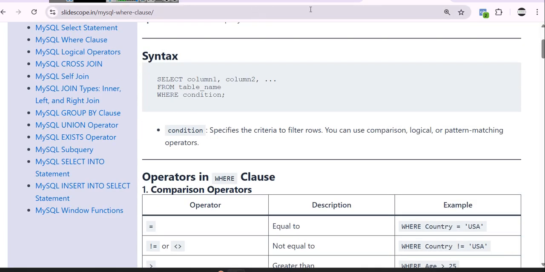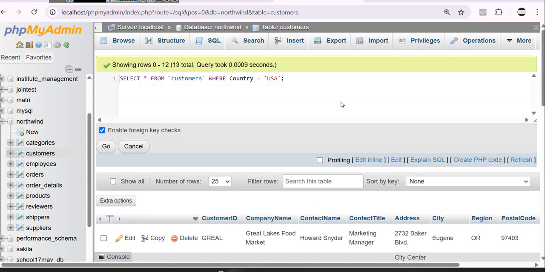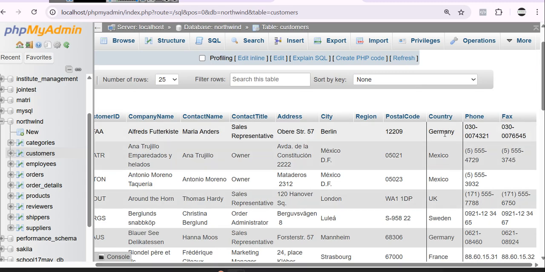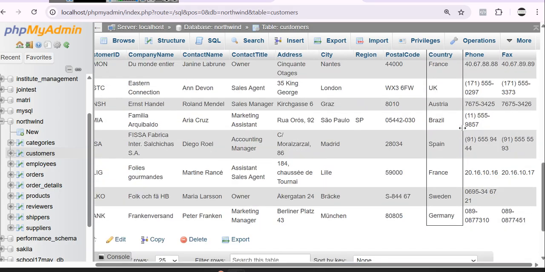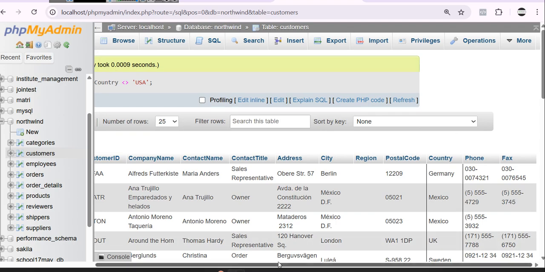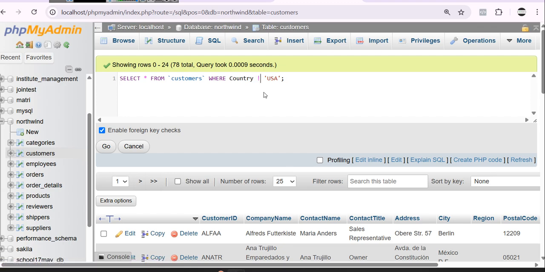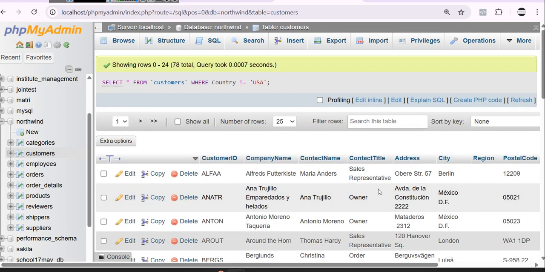For example, if I write where country, let me edit in line, where country is not equal to USA. When you do that, let's see the countries. You can see it is highlighted: Germany, Mexico, UK, Sweden, France, every other country is there, but not USA. So either you can use this operator for not equal to or this one for not equal to. So these are two important operators. Next is